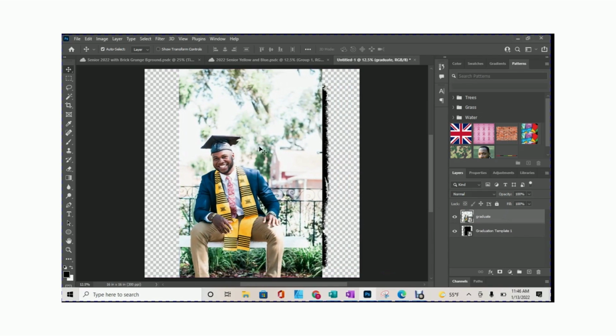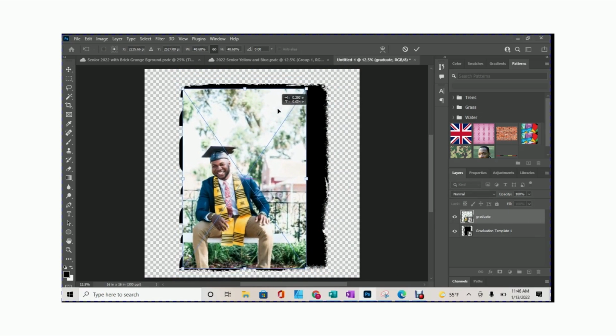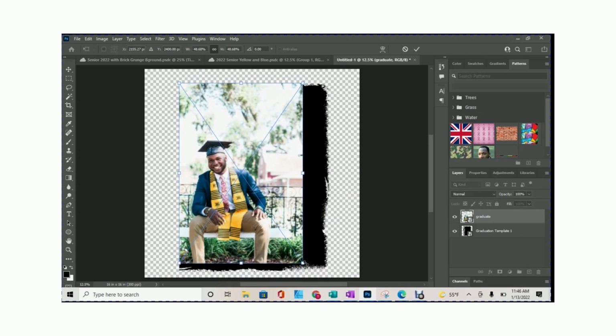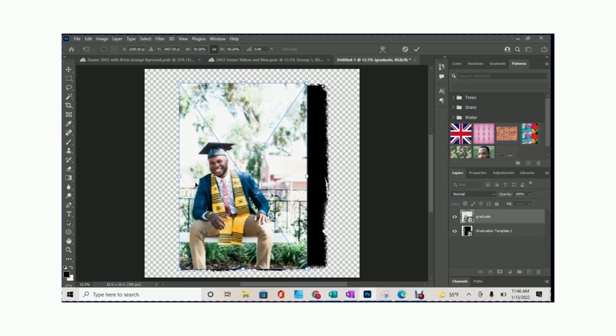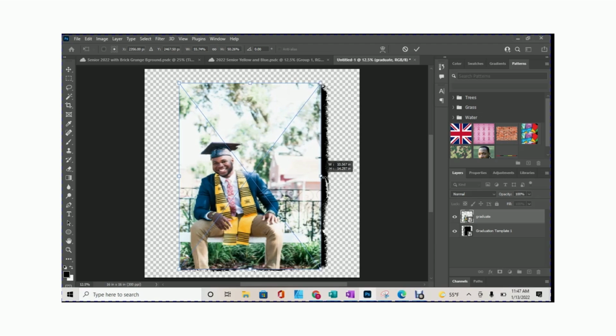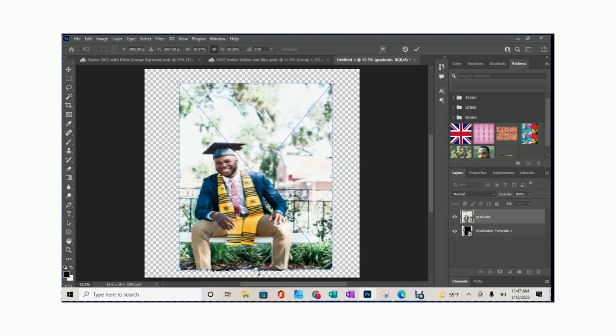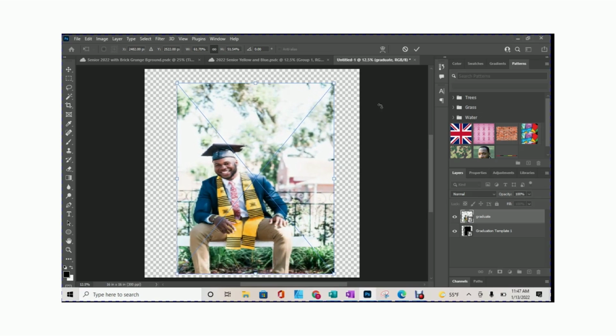I'm going to resize that to the size that I want by clicking Control T. And if you notice when you're dragging the corners, it doesn't change the width, but for this template, I need to change the width in order to have it fit inside of my template. So I'm going to unlock that, I'm going to hold Shift, and I'm going to drag it over just a little bit, just so that it will fit inside. And then make sure you can either double click or you can hit that check mark to place your image.